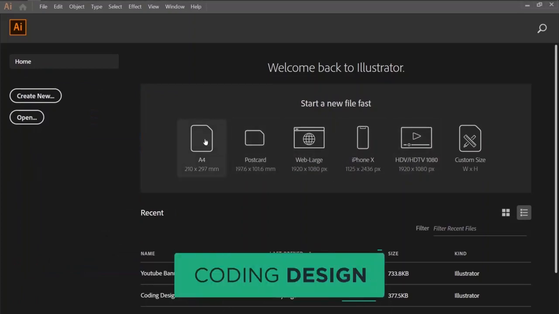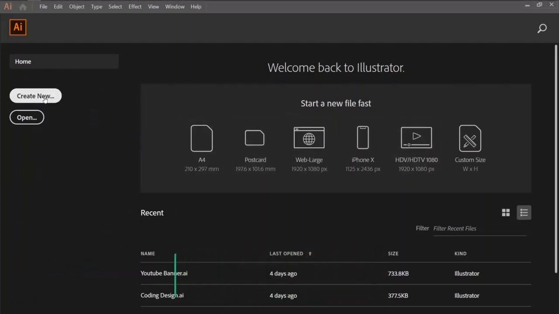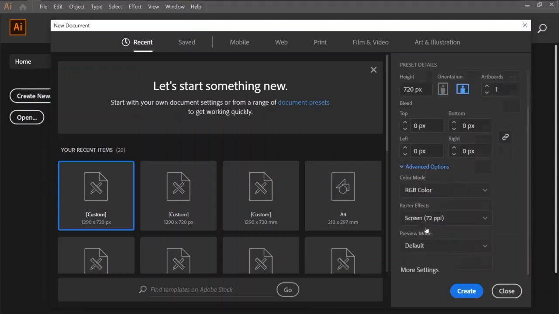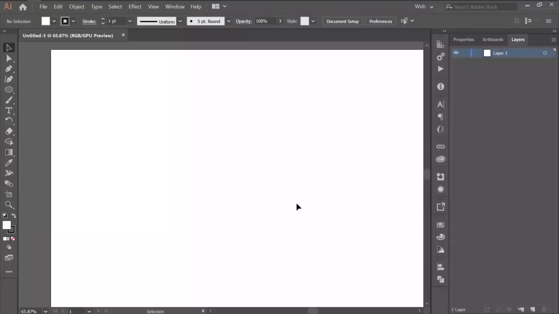Now let's create the artboard. For the artboard, I didn't give any name because I am lazy. You can give any name, okay? So I have given the dimension of 1280 by 720, and for the mode you can choose portrait or landscape, but I chose landscape mode, okay? If you want to change more options, you can go to advanced options and choose as per your need. Everything is good for me, so I'm good to go. So let's hit the create button.